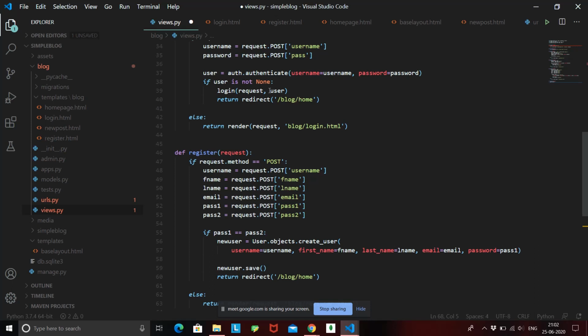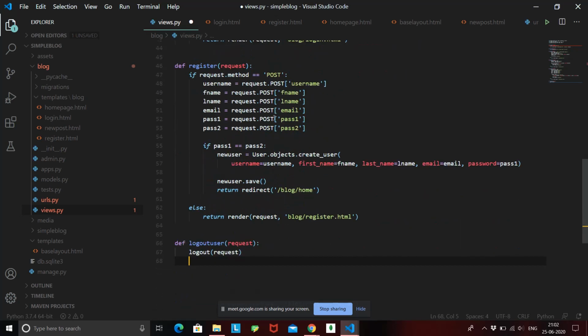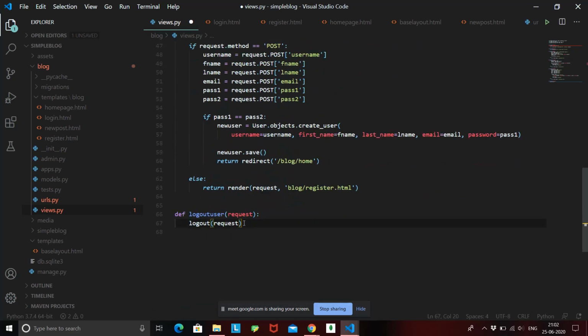That's why we have to pass in the user for login. But as you're already logged into the system, we don't have to pass the user again. We just have to pass the request. Once you are logged out, we'll just return to the home page. So I hope this logout function should work.